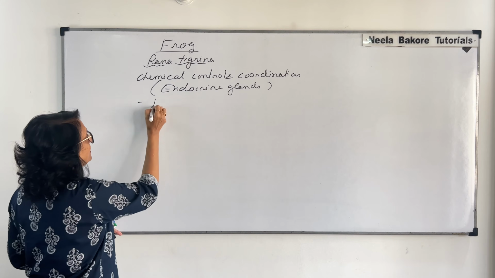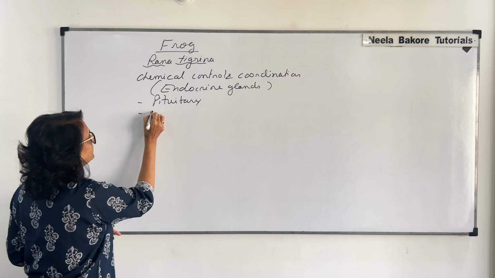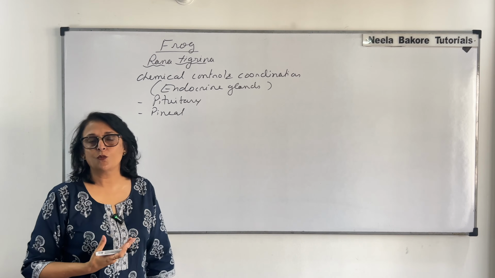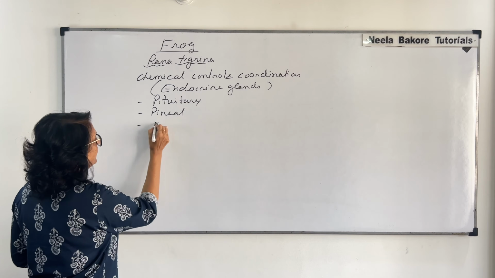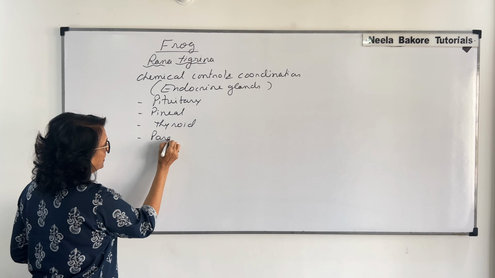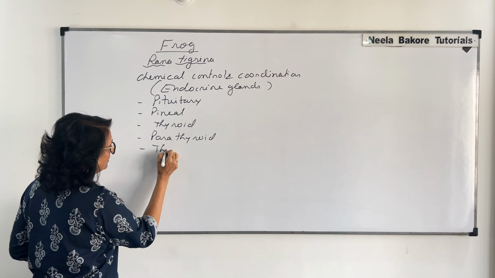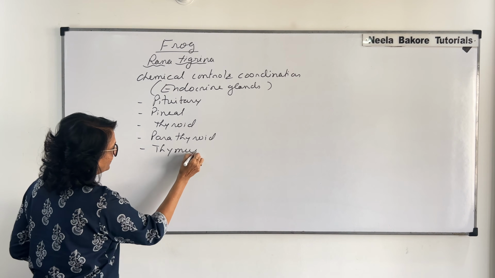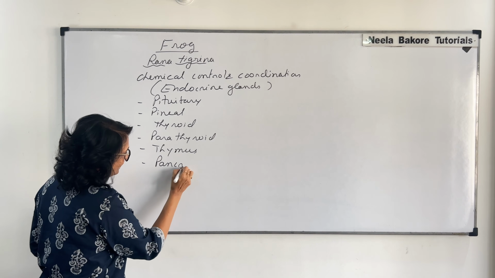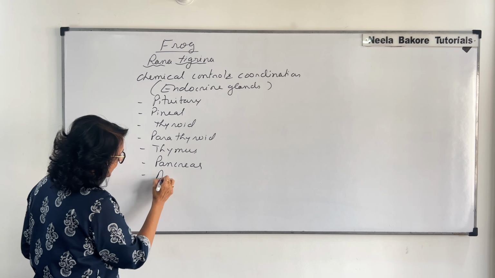So they have pituitary gland, pineal gland, pretty much same as what we have, then thyroid, parathyroid, thymus gland, then pancreas, which is a heterocrine gland, then adrenal,